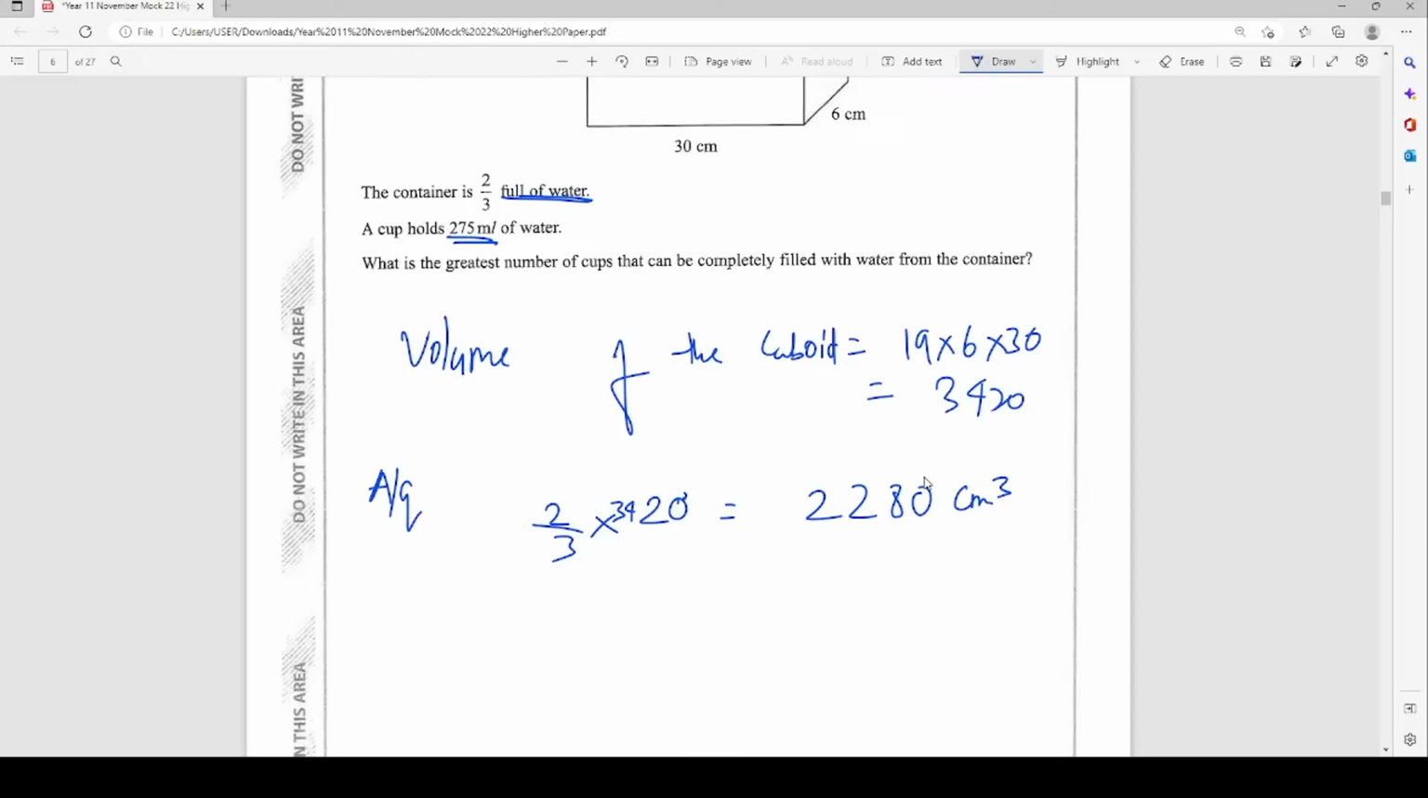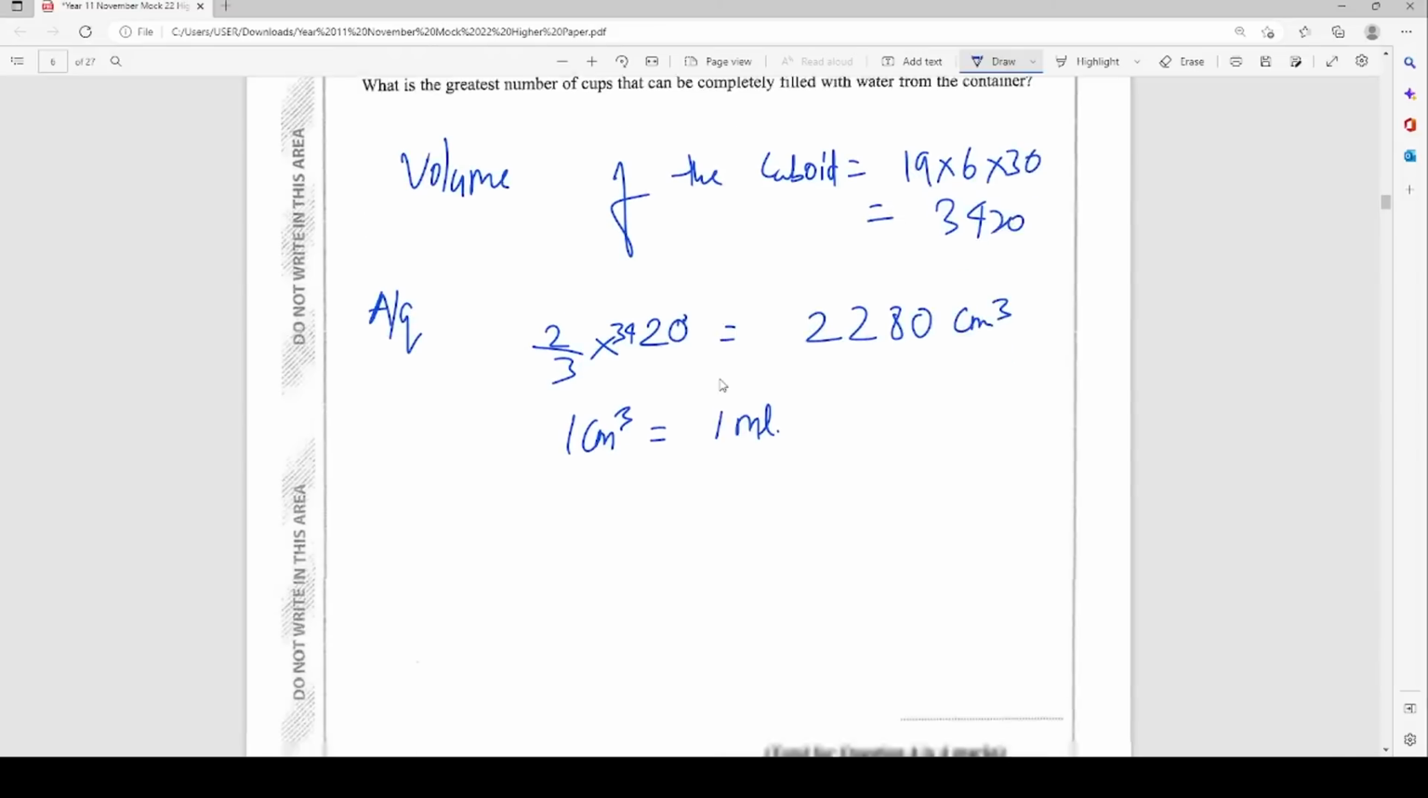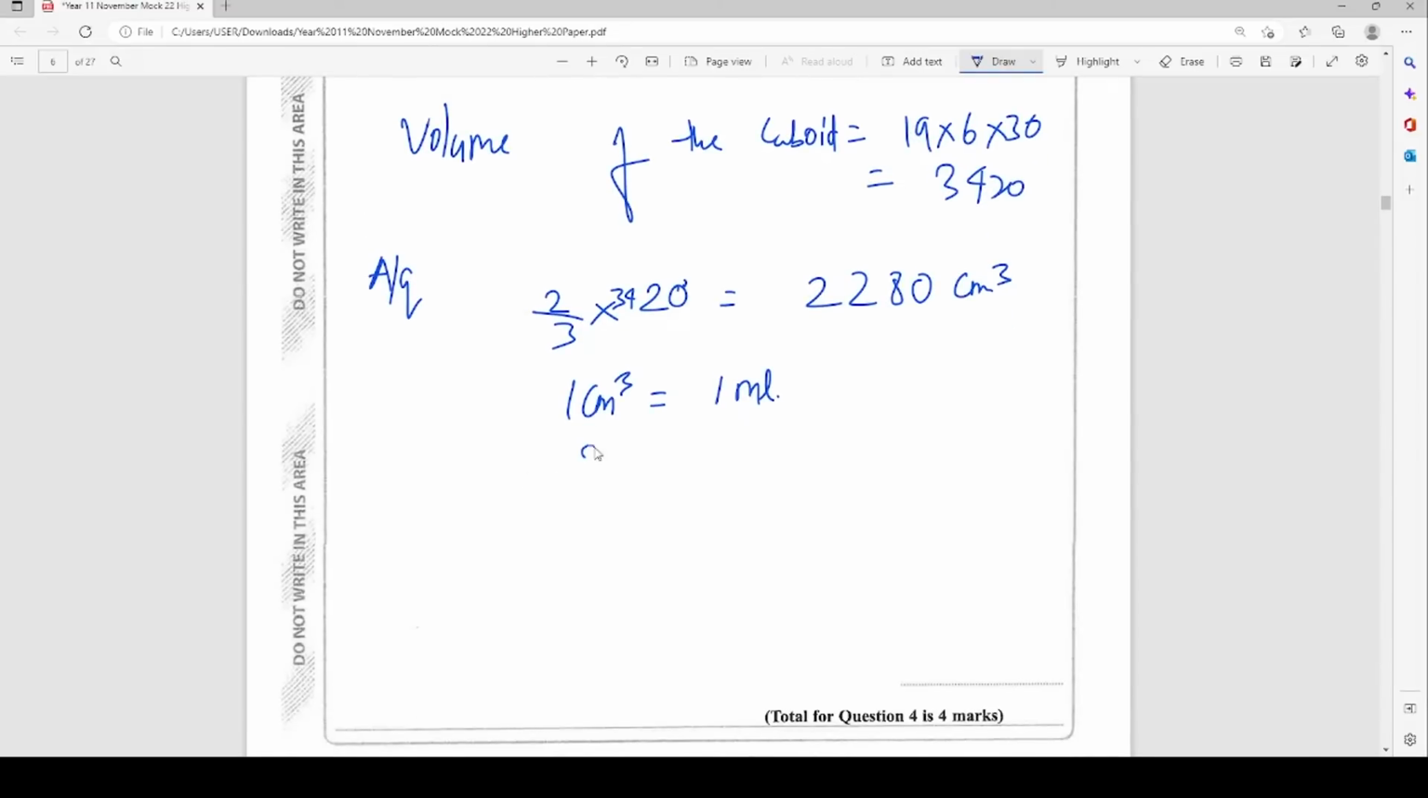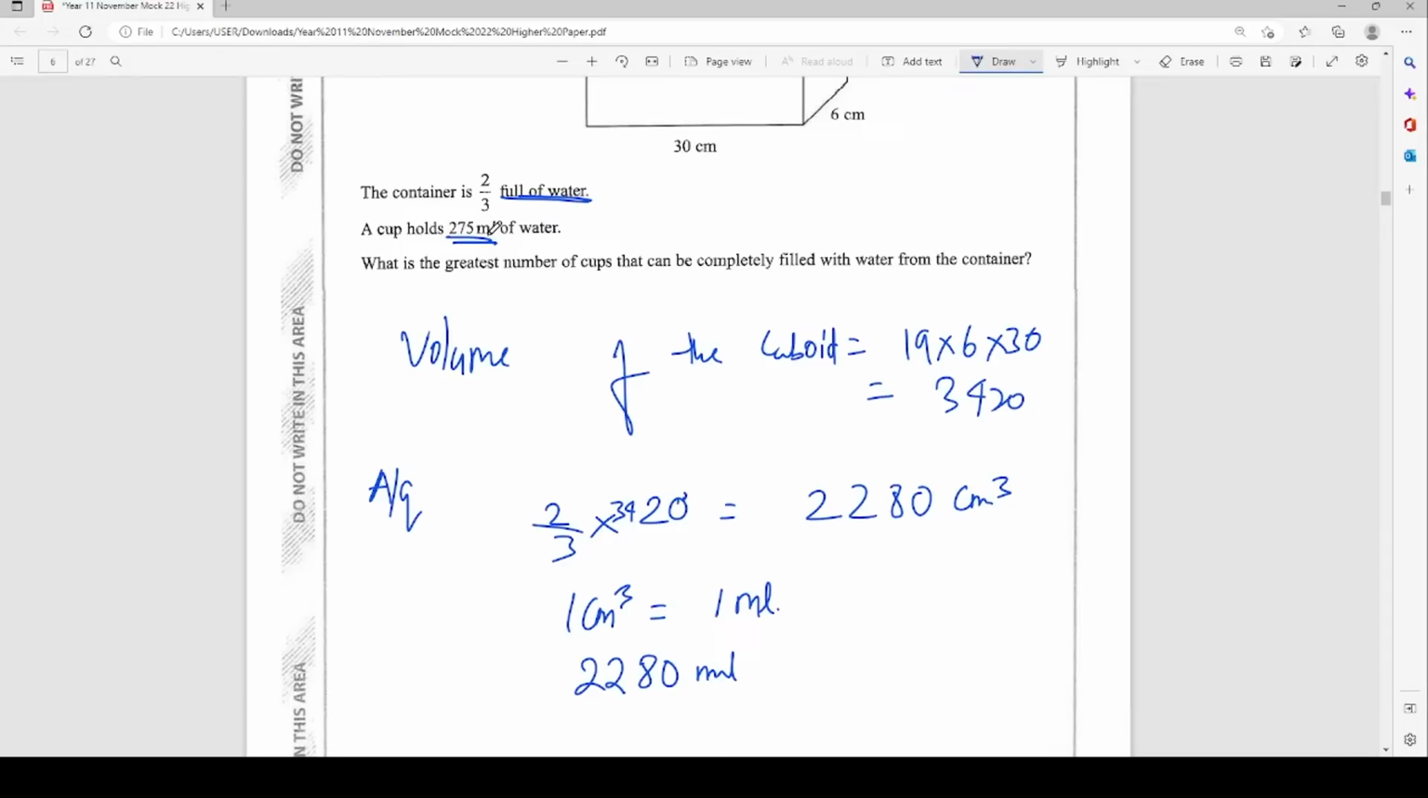Here, one thing that we are going to assume, since we are looking at water, is that the water is the same as distilled water, and here 1 centimeter cube is equal to 1 milliliter. So I can write that the cube void is filled with 2280 milliliters of water, and since each cup holds 275 milliliters when full, we are going to divide by 275. So 2280 divided by 275 will give me